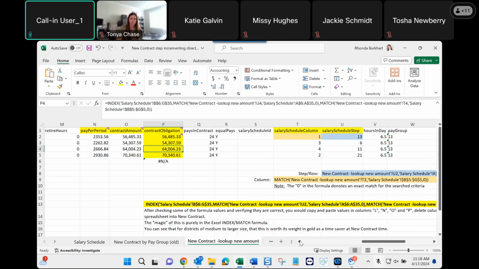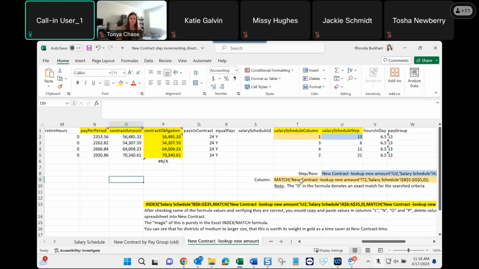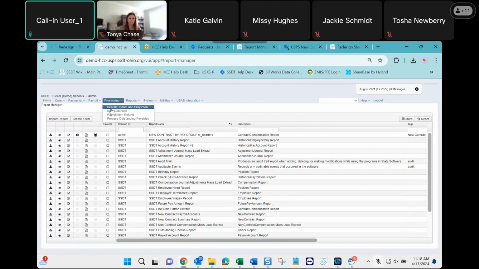So after that's done, just the same as what Tanya said, you're going to take all of your items with formulas in. You've got all of these with formulas, and then you're just going to copy and paste value, and then put it into a CSV uploadable spreadsheet. What I did was I took my working file, copied it over, did a copy paste value for everything, and then of course I took out the directions, and then you can just upload it just like she said into your new contract